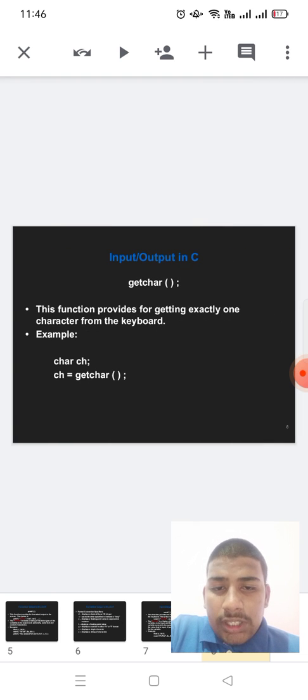Input output in C: getchar. This function provides for getting exactly one character from the keyboard. Example: char ch = getchar();